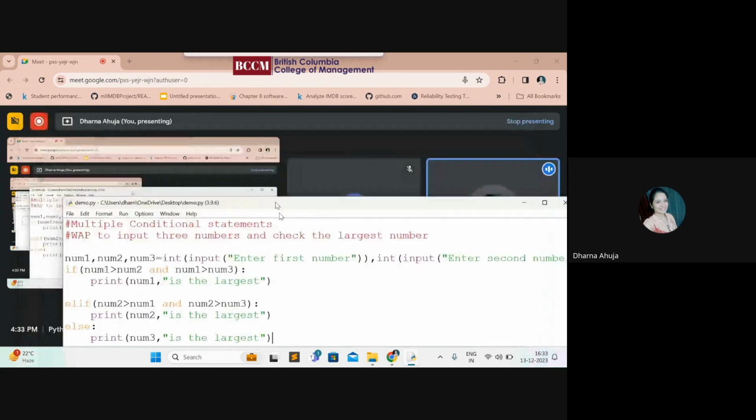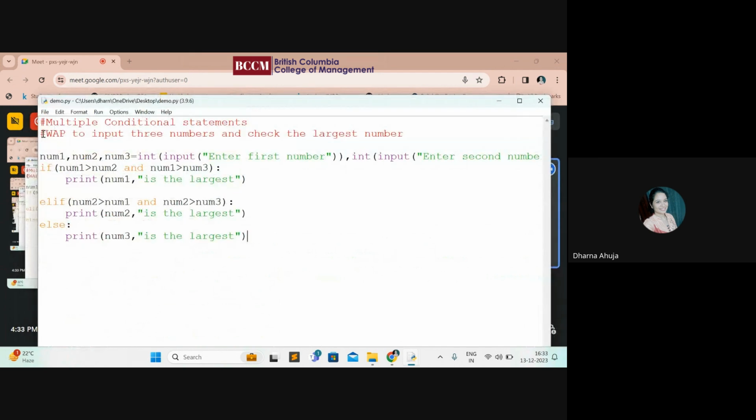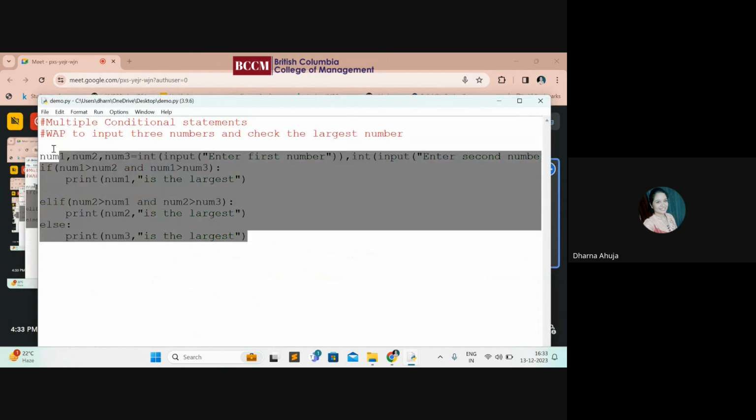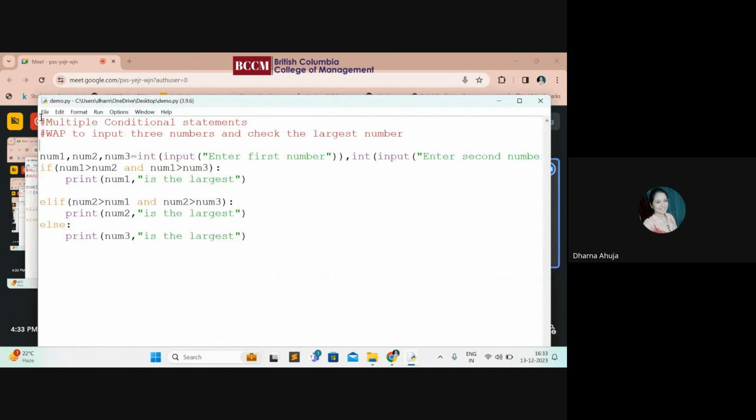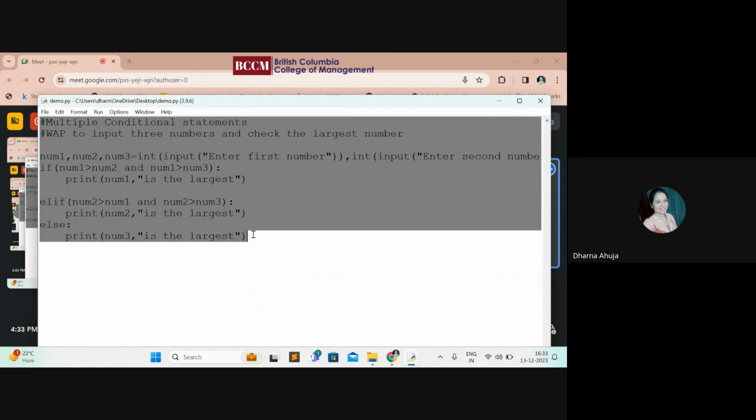So that is about multiple conditional statements. Then we proceed to the next topic,